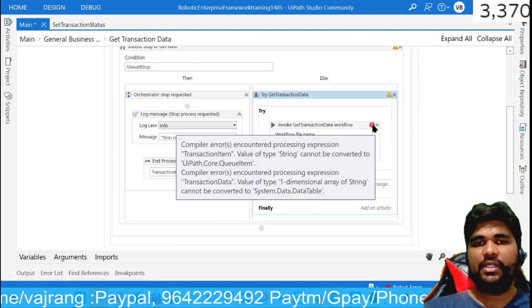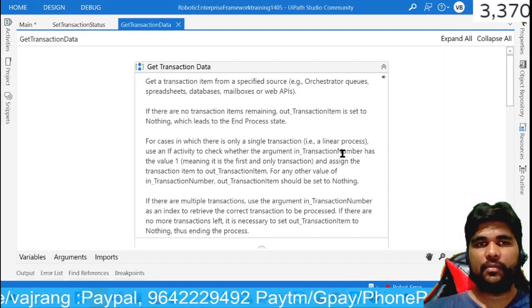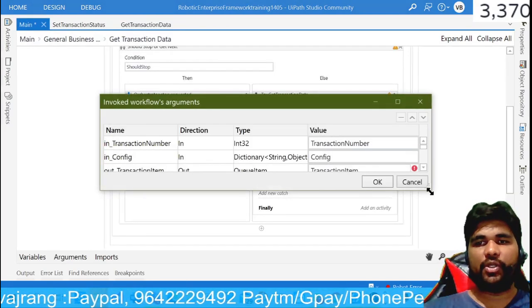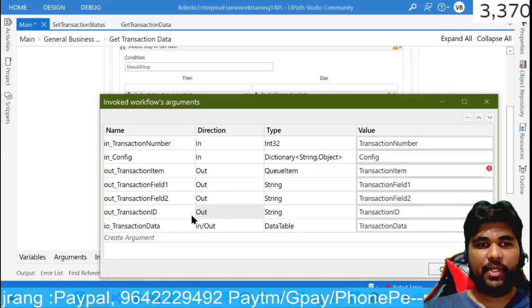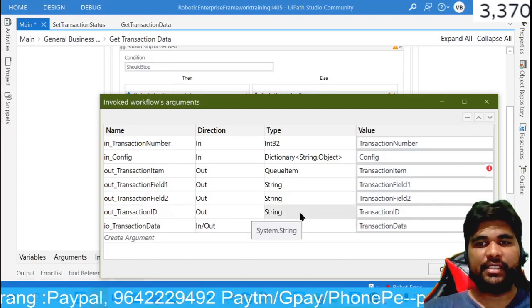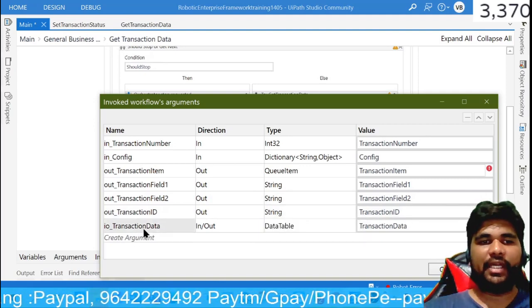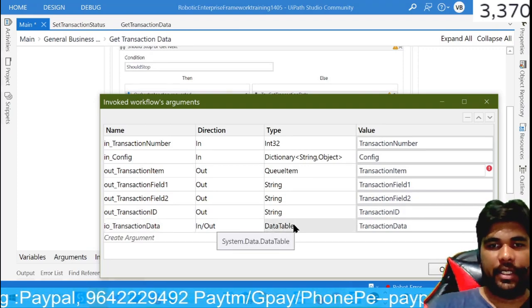So here if you see that there are a few errors. Okay, so import arguments, let's do import arguments. See what the errors are basically. So out transaction ID is string. This is okay. So if you see here, what is the IO transaction data? Data table.